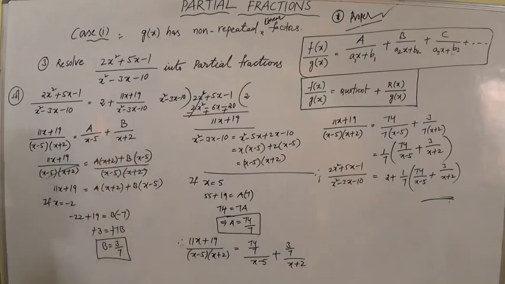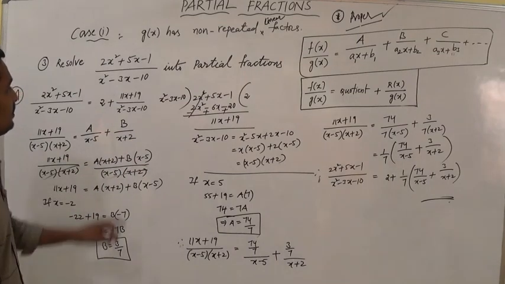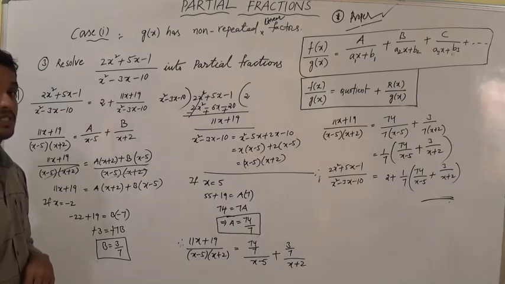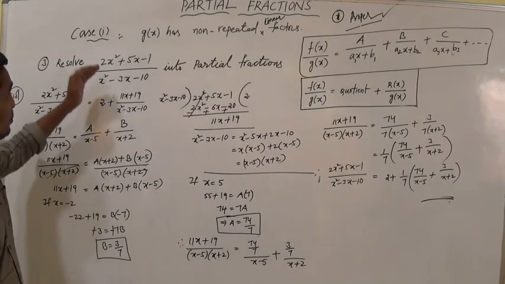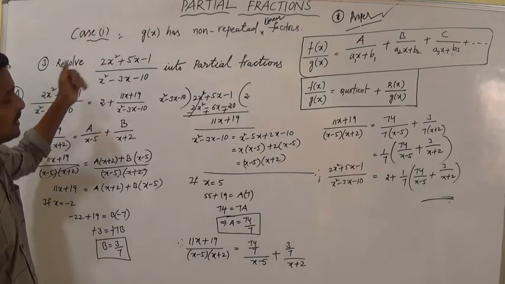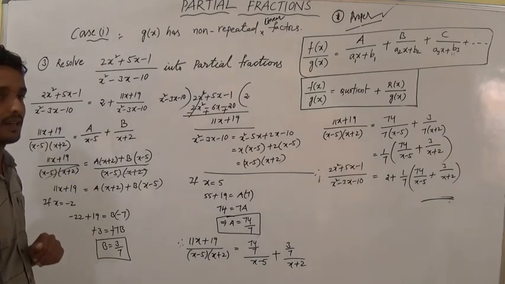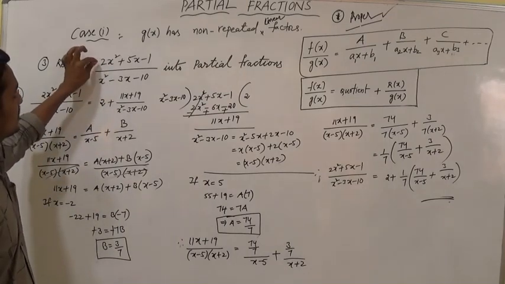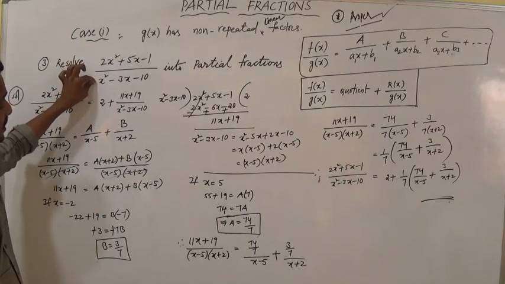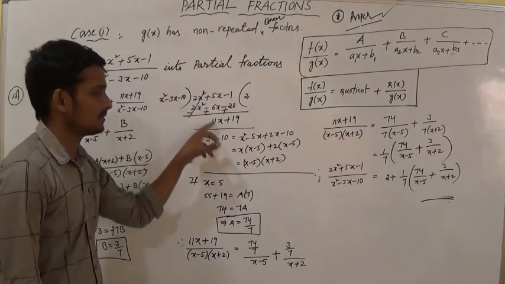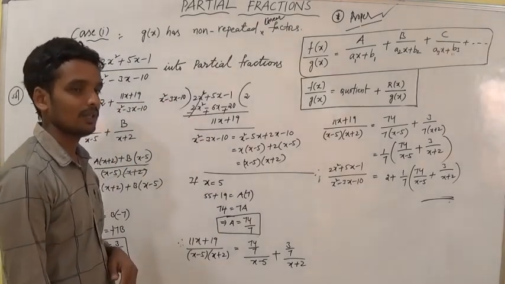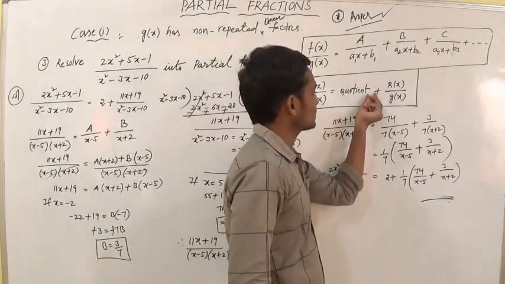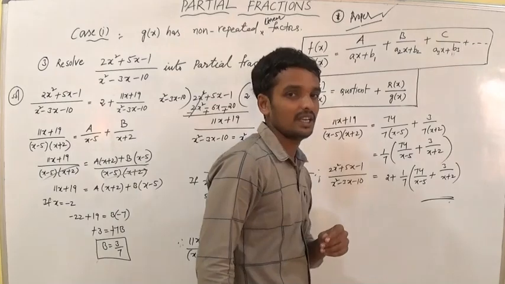We have already discussed this in the last two problems. Here we have improper fractions, where both the numerator and denominator have the same degree, or the numerator has a higher degree than the denominator. Improper fractions can't be decomposed directly. So in this problem, both given fractions are improper, and we have to divide first by the long division method. In such cases, we get some quotient plus remainder by divisor.